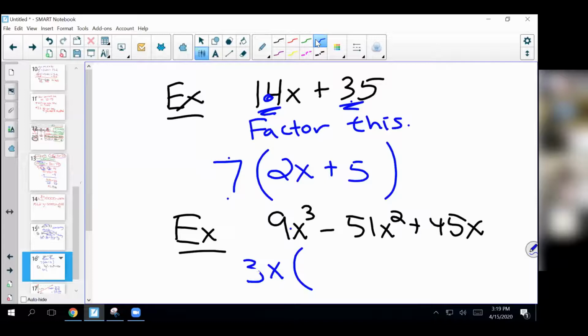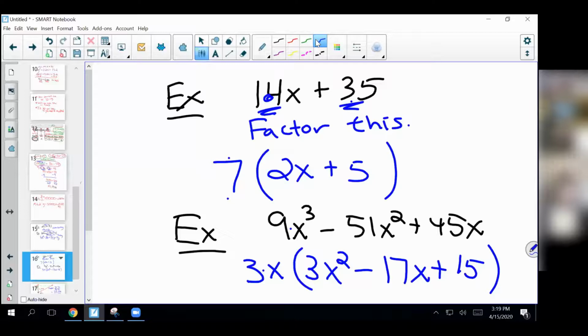And then it's like division. 9x cubed divided by 3x is 3x squared, right? x cubed divided by x is x squared. 51x squared divided by 3x is, well, that's kind of hard. 51 divided by 3 is 17. And x squared divided by x is x. And then finally, 45x divided by 3x. 45 divided by 3 is 15. And x divided by x is just 1, so I can just leave that off. And that would be